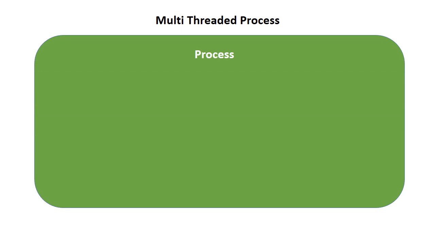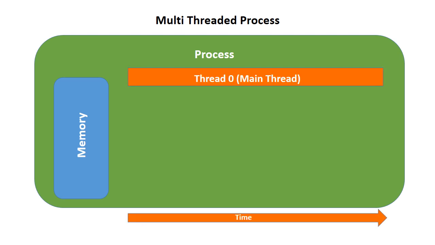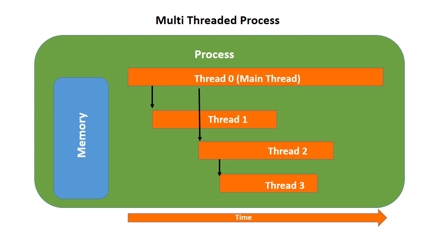Let us move to multithreading. A process is created and the resources are allocated to the process. Main thread has started. A thread has the ability to create another thread. At some point of time, the main thread may launch another thread. Later, it may launch another thread. One of those threads that are launched may launch another thread. Now, it is multi-threaded. One process has multiple threads running inside of it.